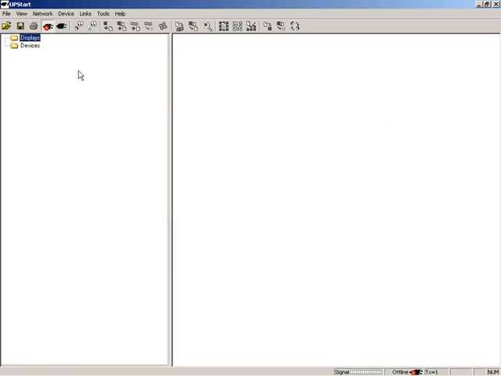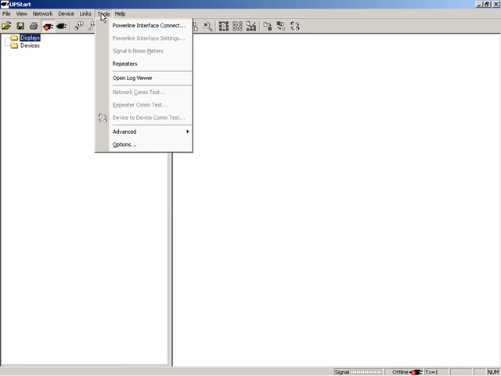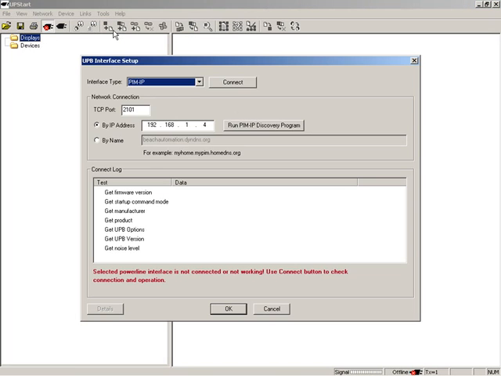Now, when I start UPStart, it usually asks me, I kind of started this already, if I want to use it on my own or open up an existing file. So one of the first things we really need to do is choose if we're going to connect to the PIM or not. Now, we've changed a little bit in UPStart. So under Tools, we will go to Powerline Interface,